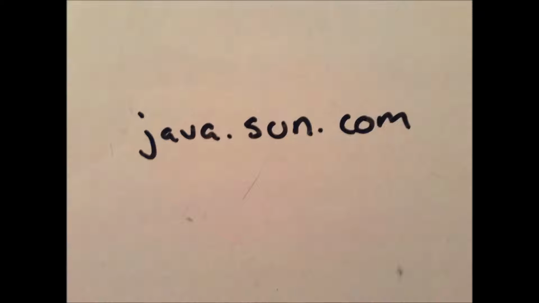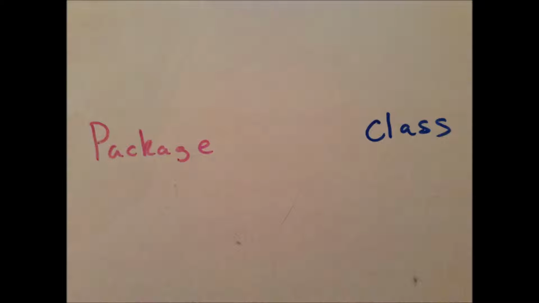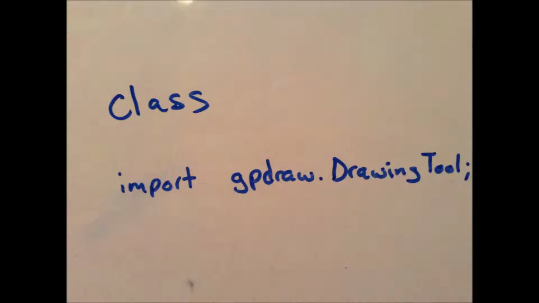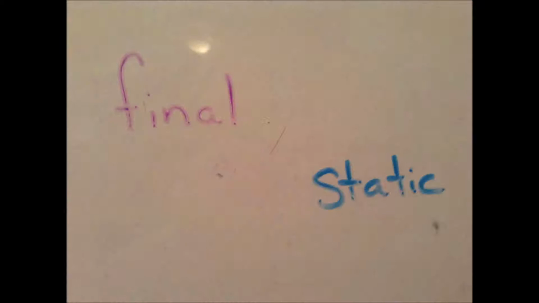The Java APIs are organized both by package and by class. Packages are groups of related classes that are packaged together. When you use the code import gpdraw, you're adding an entire gpdraw package to your code. If you only need one or two classes from the package, you can add the classes individually with the import. Before you look at APIs in depth, you'll need to learn what the keywords final and static